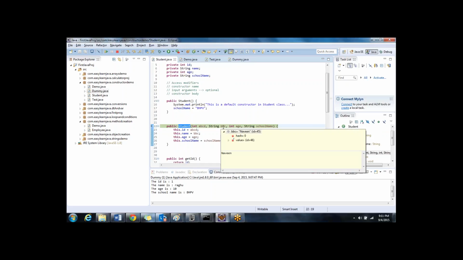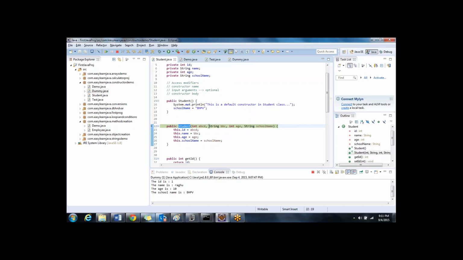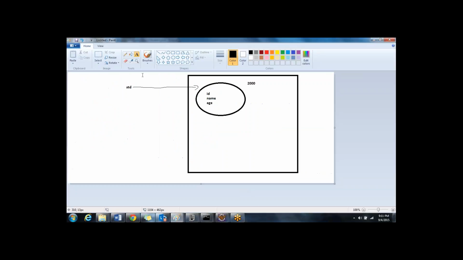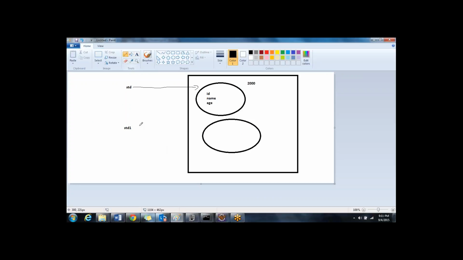And what is BBC? BBC is Naveen. Age is 11. School name is RK. Okay, so all these parameters are input to this constructor. So what I will do is for all the properties. Okay, so let me quickly draw one more diagram here. So this is std1. Okay, so this is std1. So for std1,